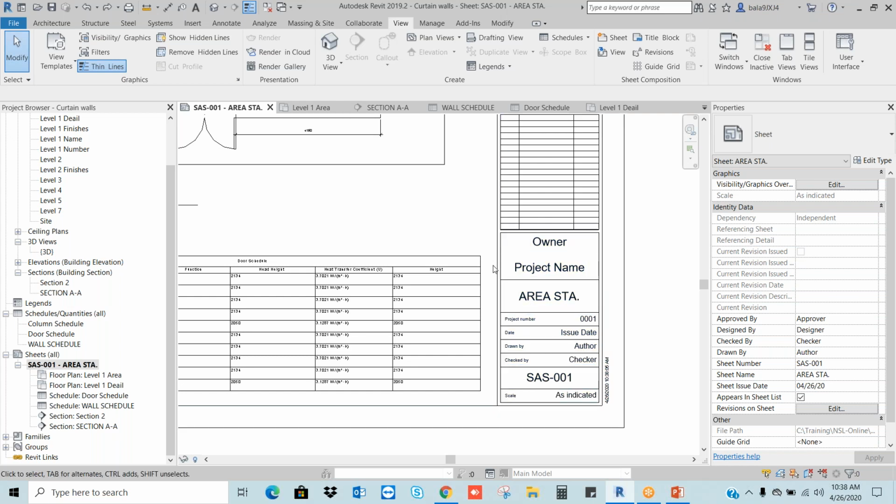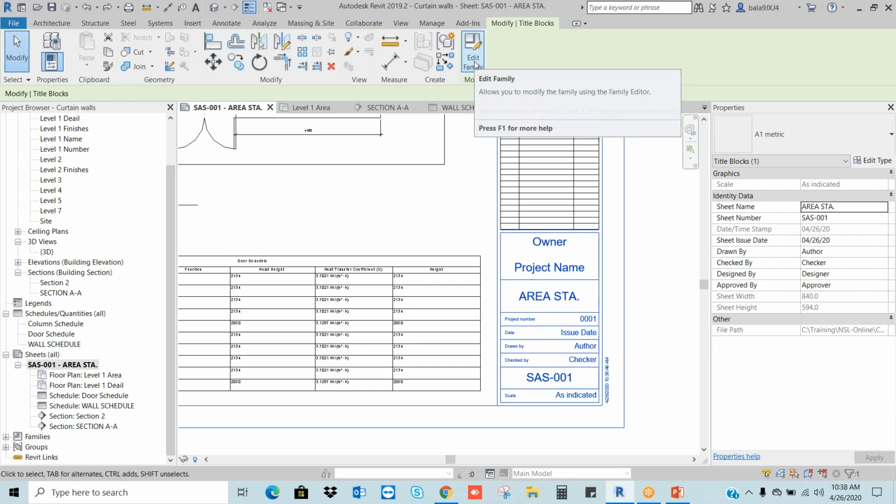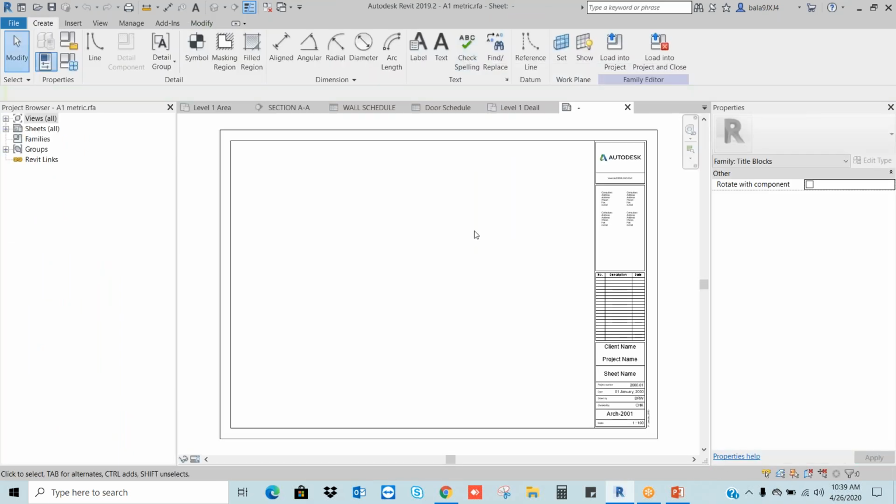So I will select my title block and go to Edit Family. What I'm doing is going to Edit Family to check where this information is reading from. Same like a tag family.